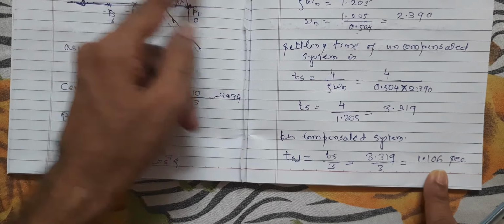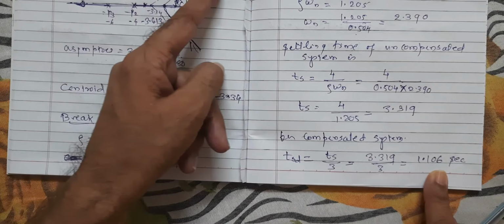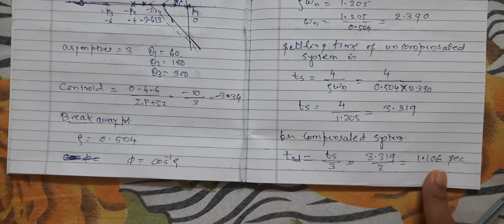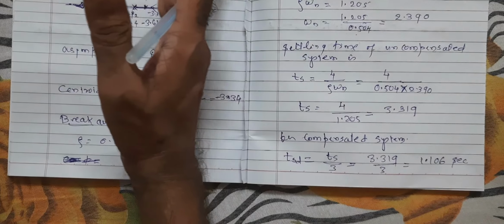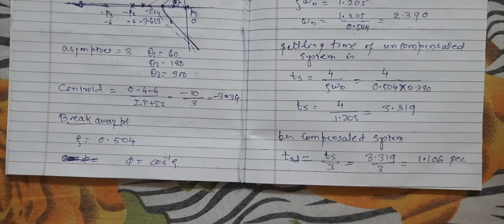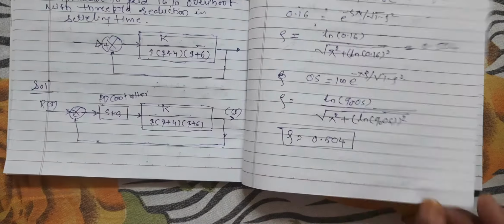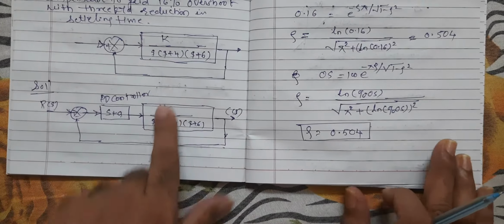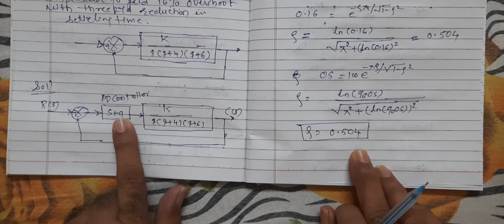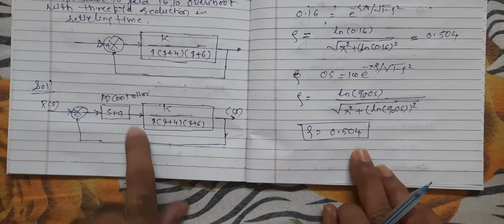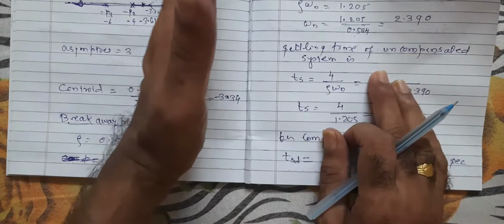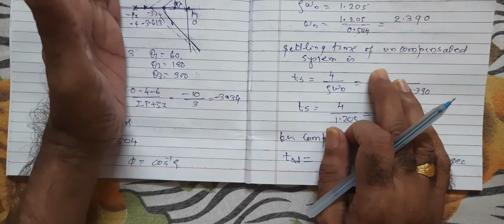Now see here is the pole, and this is my root locus. Now this pole is not on my root locus, so I have to shift my root locus from this side to this side. To shift this root locus, I am adding a zero into the system. Now if I add a zero into the system, definitely it will pull my root locus.